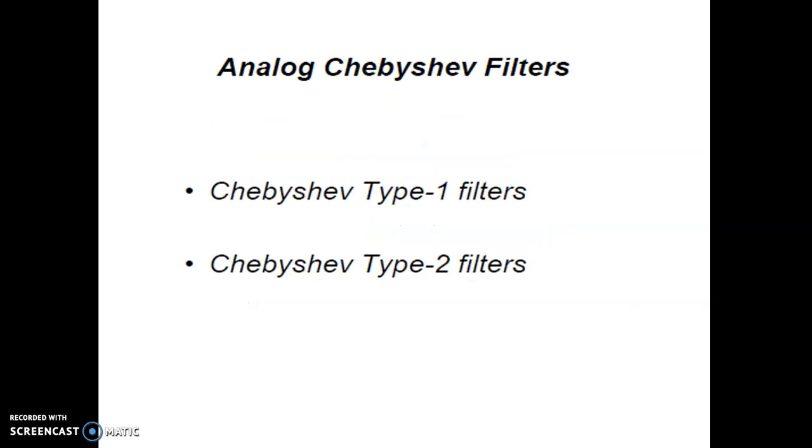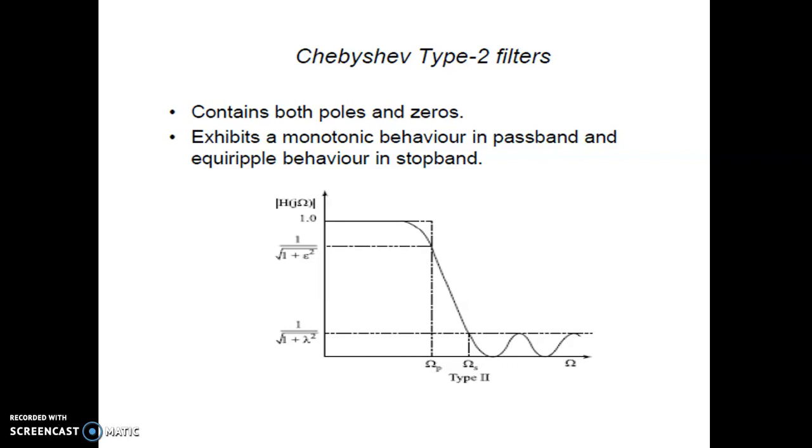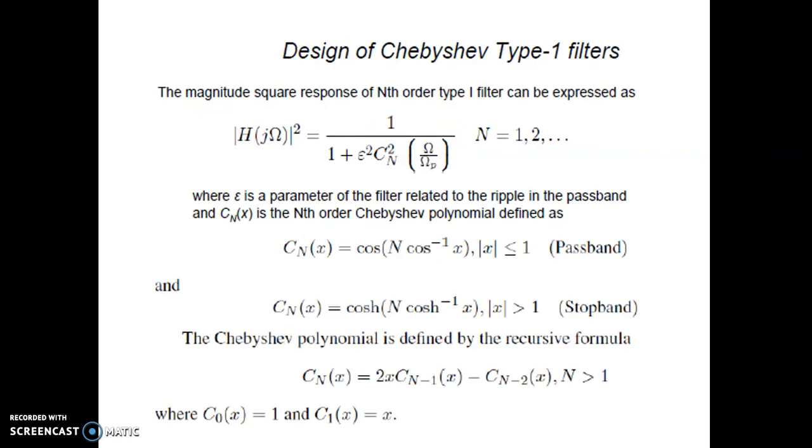Once the Butterworth filters are done, we look at Chebyshev filters. There are two types of Chebyshev filters, Chebyshev type 1 filters and Chebyshev type 2 filters. Chebyshev type 1 filters are all pole filters, and Chebyshev type 2 filters have both poles and zeros. Chebyshev type 1 filters exhibit equiripple behavior in the passband and are monotonic in the stopband. So you can see the equiripple here, and in the Chebyshev type 2 filters you have monotonic behavior in the passband and equiripple in the stopband. The magnitude response